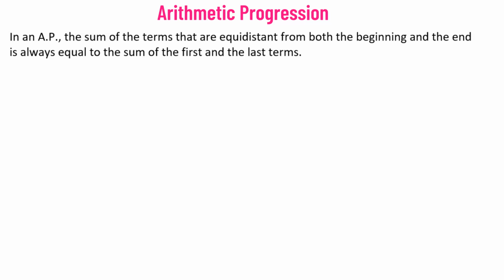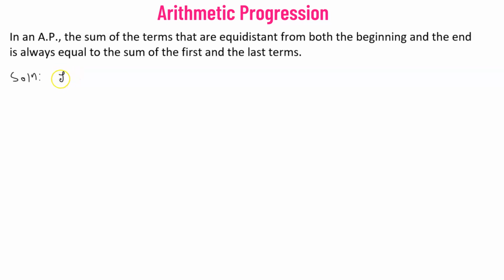In an arithmetic progression, the sum of the terms that are equidistant from both the beginning and the end is always going to be equal to the sum of the first and the last terms. So let's begin. So here we begin by considering n number of terms that are